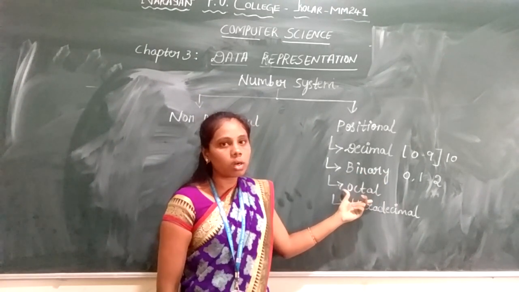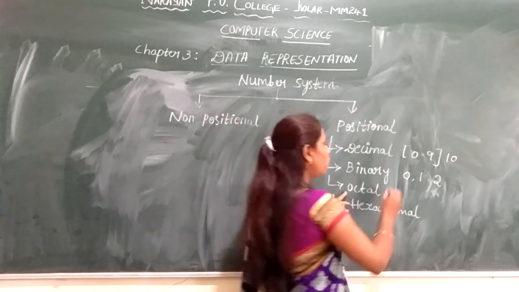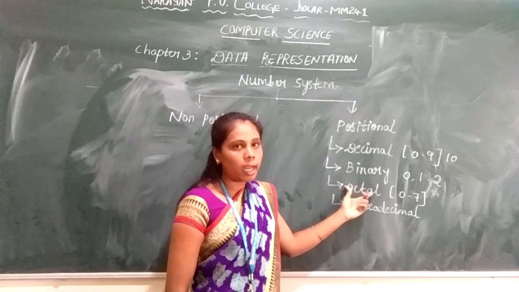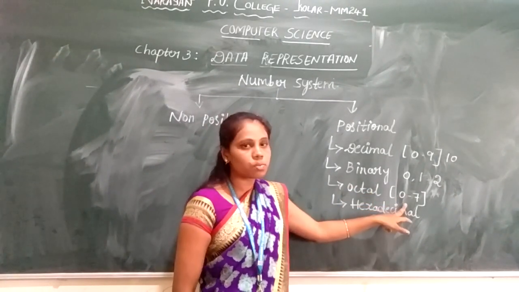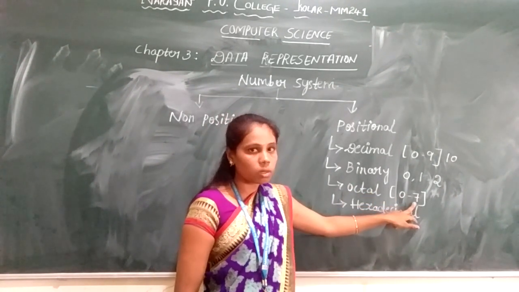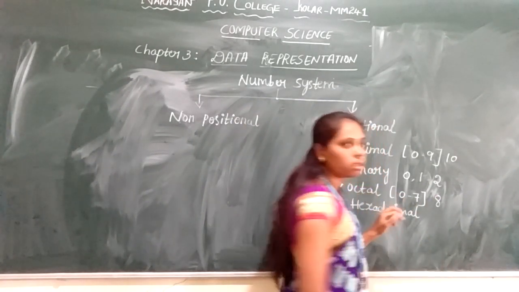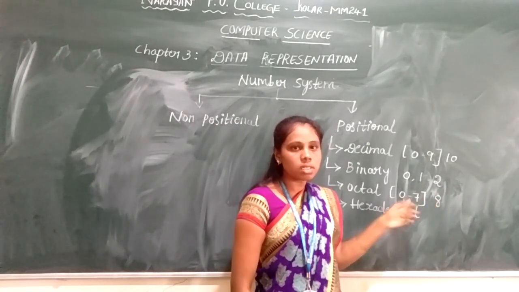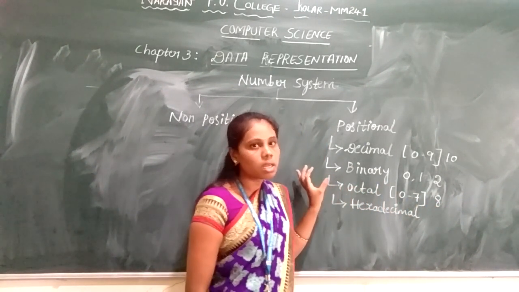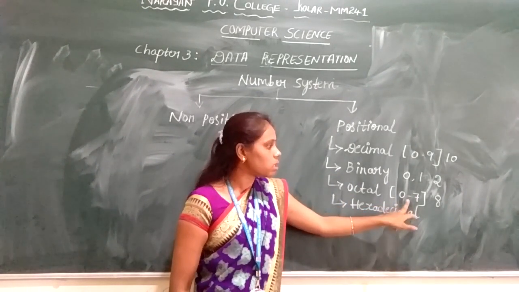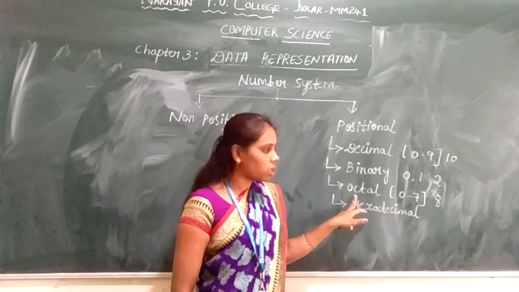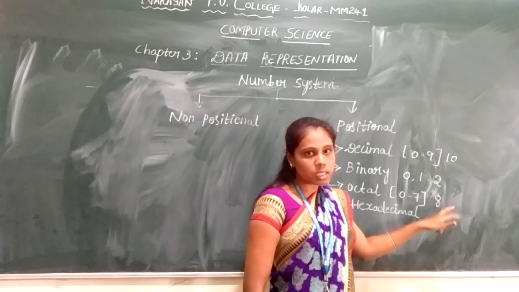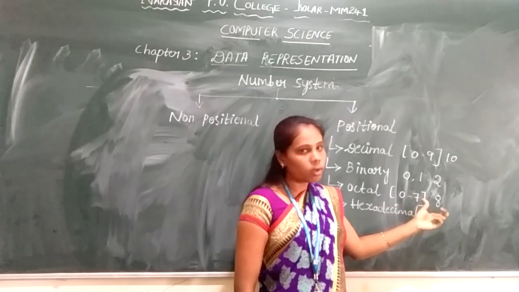Next we studied about octal number system. In octal number system, we have digits from 0 to 7. We have a total of 8 digits in the octal number system, that is from 0 to 7. Hence the base of this octal number system is 8. The base is nothing but the total number of digits used in any number system. We call it a base. Hence, since we are using a total of 8 digits in the octal number system, the base is 8 and always the weights are expressed in octal number system as the powers of 8.